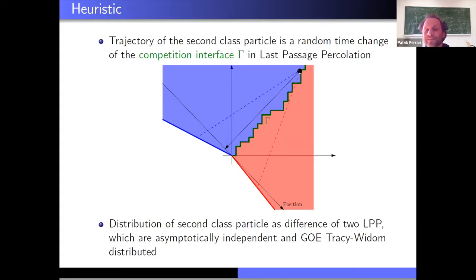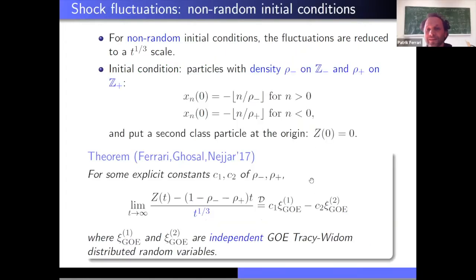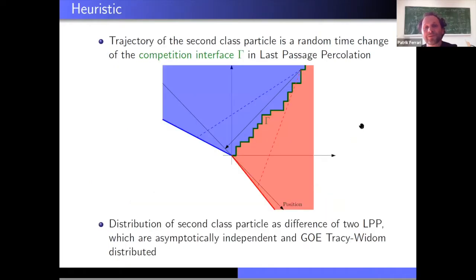So to know that the second class particle, say, is to the left of a given position, if you look at the projection, it corresponds to the LPP coming from this one minus the LPP coming from this one being positive. And since you have a difference of two LPP, and since we know that these two, by the slow correlation on all this stuff, are essentially asymptotically independent, this is the reason why you have a difference of two independent GUE. So actually the proof is a bit more complicated because